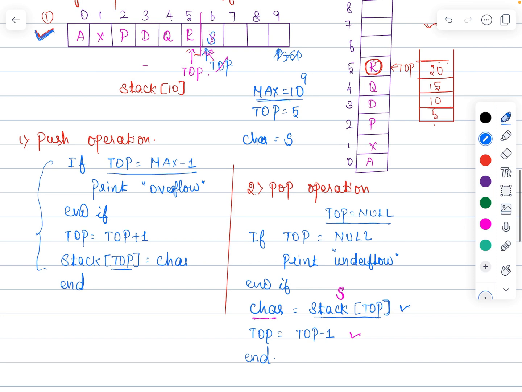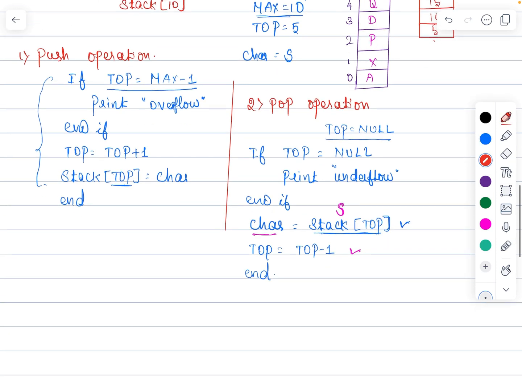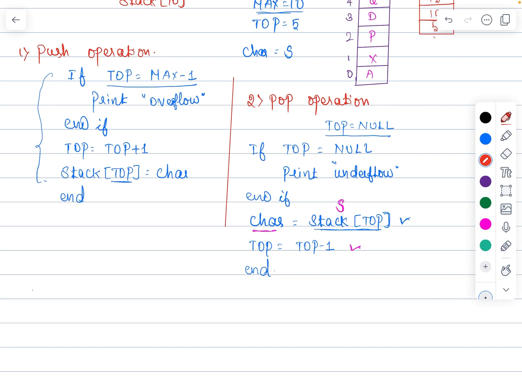And the third operation is the peek operation. Peek is nothing but displaying the topmost element from the stack. This is simple. Again, when the stack is completely empty, you cannot display any element, right? This peek operation is mainly to return the value of the topmost element of the stack without deleting it from the stack, just displaying the topmost element, returning the topmost element without deleting it from